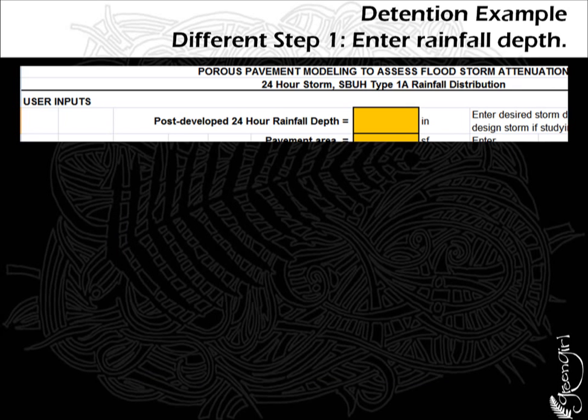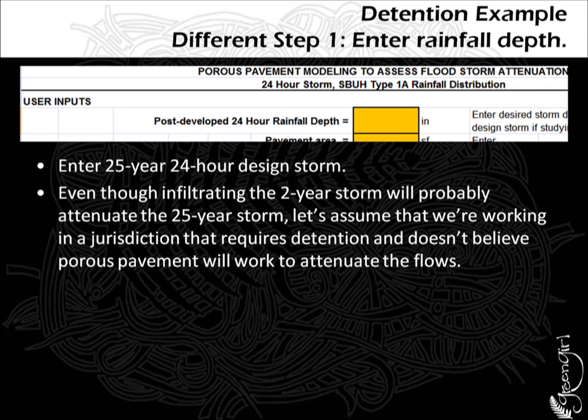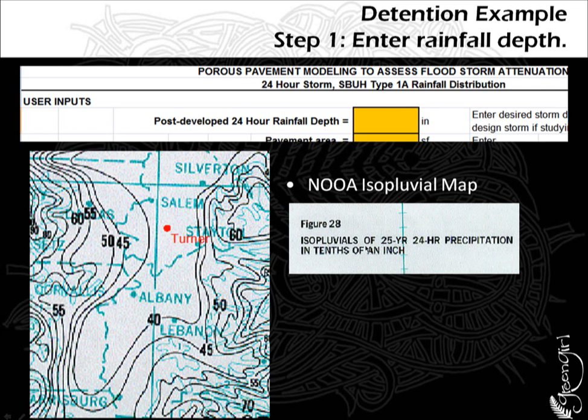But we'll just go from there. So I'll go over it quickly. Different step 1, enter rainfall depth. So we're going to use a different Excel sheet. We're not using the simple Excel sheet. We're using the detention Excel sheet, and we're entering the post-developed 24-hour rainfall depth that's of interest to our jurisdiction. So in the city of Turner, that is the 25-year, 24-hour storm. And this is a NOAA isopluvial, and you can see here, it's in tenths of an inch. So you can see here, Turner's here, that we have to manage the 4-inch storm. So we'll enter that in, 4-inch storm